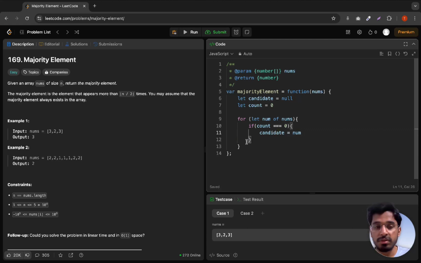After that we increment the count based on the num being equal to the candidate. So let's check if num is equal to the candidate. Basically we are checking if the number is still the candidate, then we add 1, else we subtract 1,